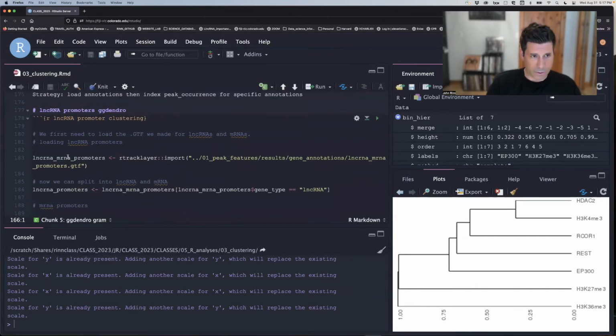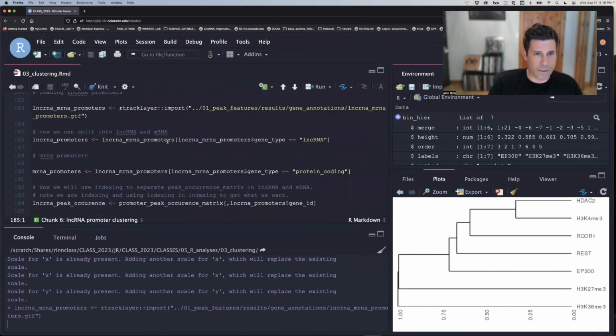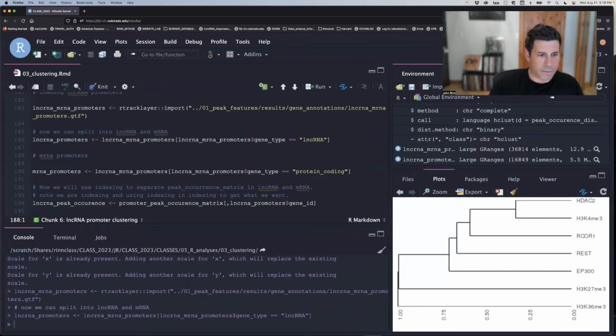So to do that, we're going to first load in our lncRNA and mRNA promoters object we made in 01 peak features. I told you these would be handy. So now instead of running all that code, we can just load it in. And then what we're going to do next is index into it and subset it by gene type lincRNA. We did that also in peak features, went over this indexing, but basically the square brackets mean subset all the promoters to just those in gene type lincRNA, and we'll call that lincRNA promoters. Okay, now that that's run,